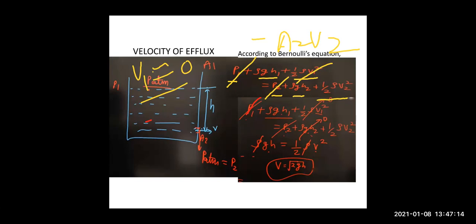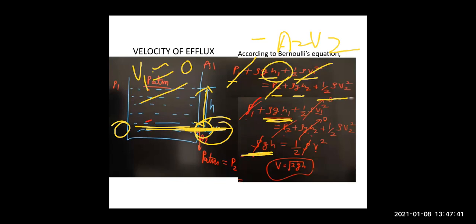Now children, suppose this is our reference point. From here we are measuring the height, that the height of the upper layer is h, so this is our origin, let us take it as 0. So the hole is at 0, and above it at h is the top layer of the tank. So here the height of the hole is 0, and the height of the first layer H1 will be replaced by h. So instead of rho g H1 we will write rho g h, and rho g H2 will get cancelled.